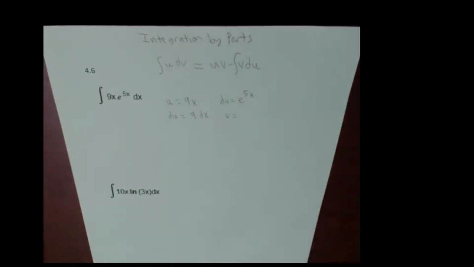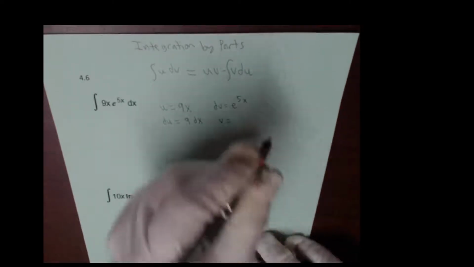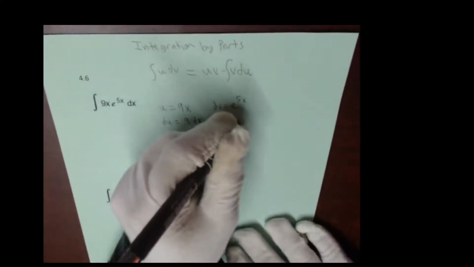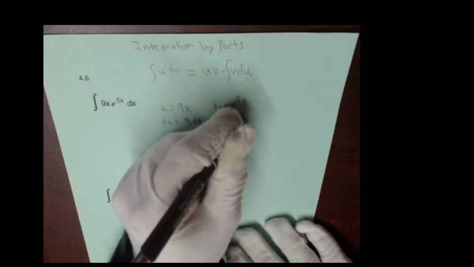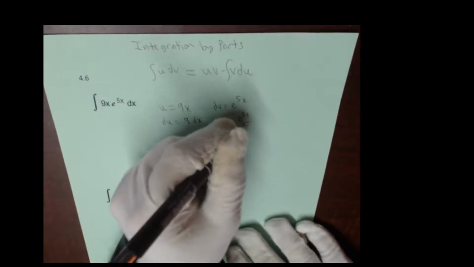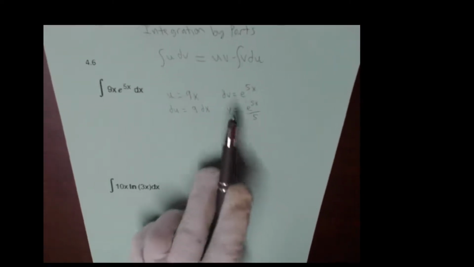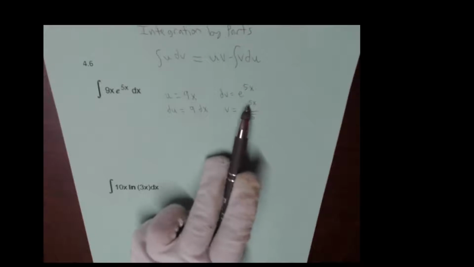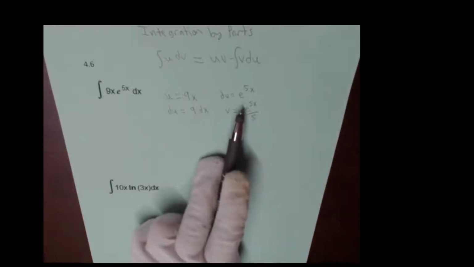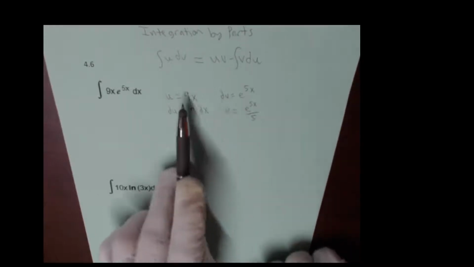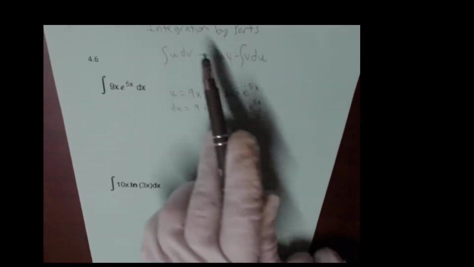Now we need to take the integral of dv, and the integral of e to the 5x is going to be e to the 5x divided by 5. And don't worry about the plus c for now. So that's going to be e to the 5x over 5. Notice if I took the derivative of this, the chain rule would make a 5 come out, which would cancel, and I'd get e to the 5x. So here are the four pieces of what we want,